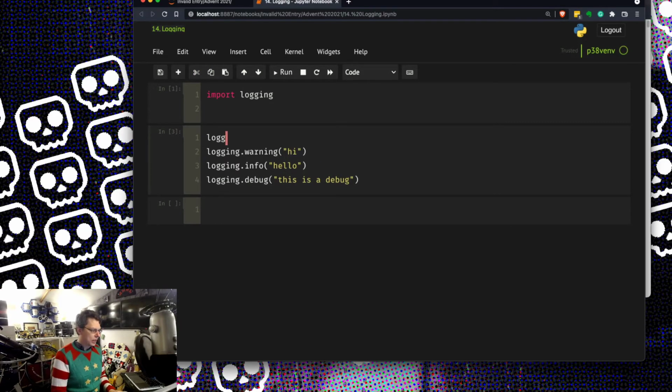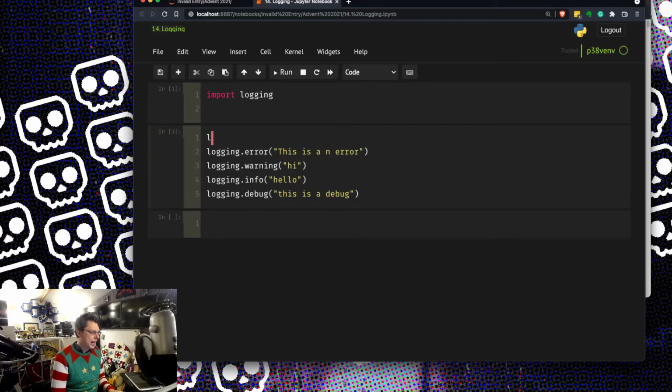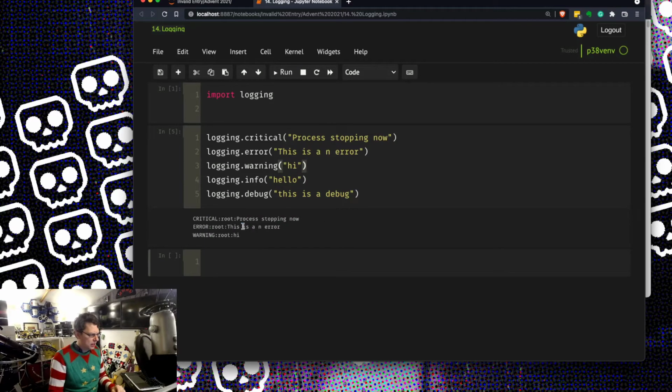Above that, logging.error, which is what you use the most for saying, like in exceptions and things, hey, this thing's gone wrong. This is an error. And then above that, there's another one, .critical. Process stopping. And you really do want to limit those uses of critical. To be honest with you, you really want to say only when it's an unexpected exit, you want the critical type thing. And that's it. So basically, if you run all these, you'll get some printed off.